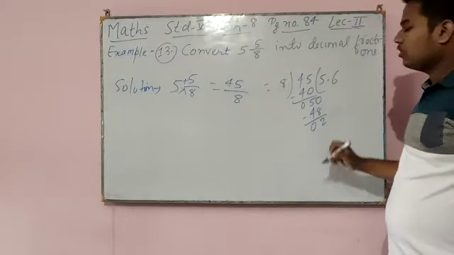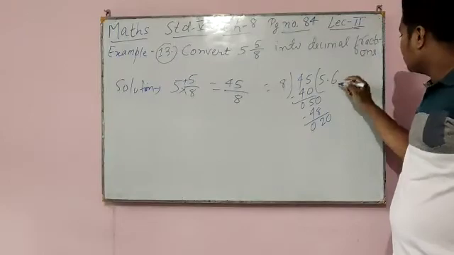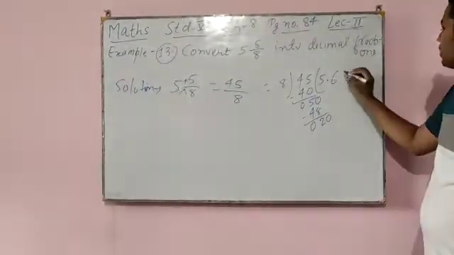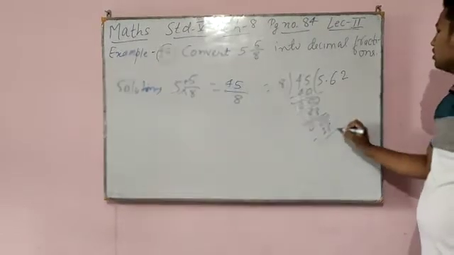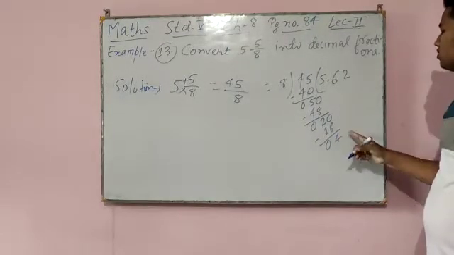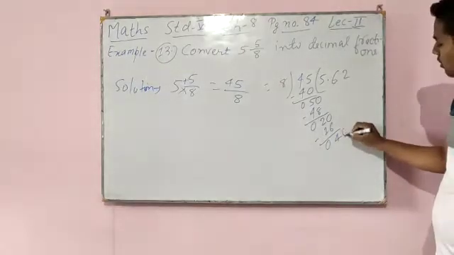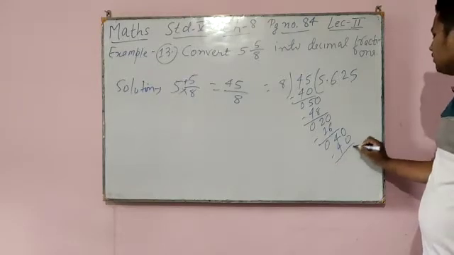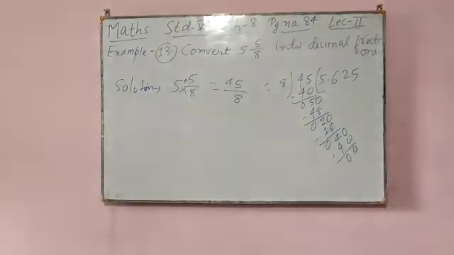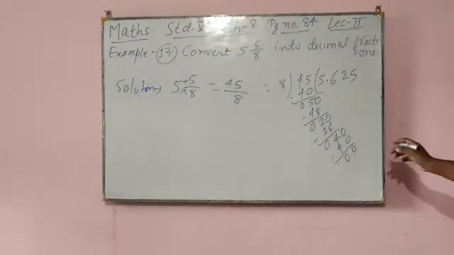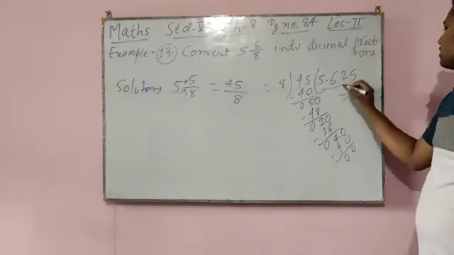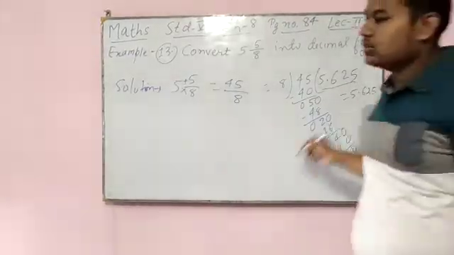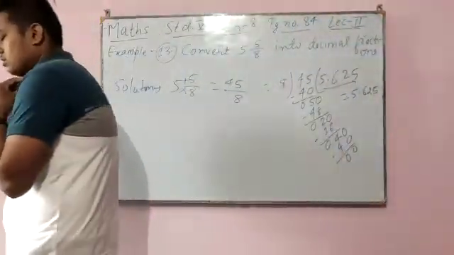2, again it will not divide, so again put 0. Now this time do not give any decimal, we give only one time. So 8 times 2 16, 10 minus 6 4, 1 minus 1 0, again it will not divide, so again I will give 0. Now 8 times 5 40. So see, only remainder is 0. So until and unless your remainder will not come 0, you will not take out any decimal. So what is our answer? 5 decimal 625. Okay, so our final answer is 5 decimal 625.